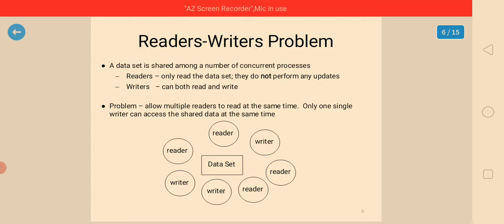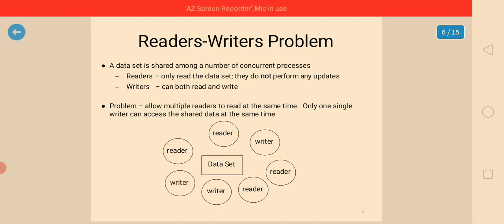There are various types of reader and writer problem, most of them centered on the relative priorities given to the readers and writers. The main complexity with this problem occurs when allowing more than one reader to access the data at the same time. So this is where the complexity is raised, when more than one reader accesses the data at the same time.